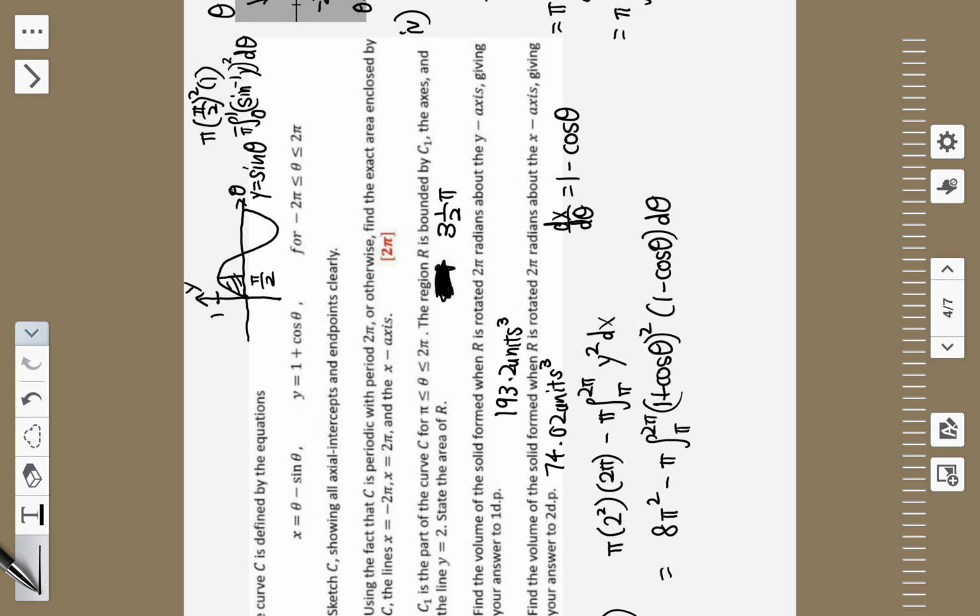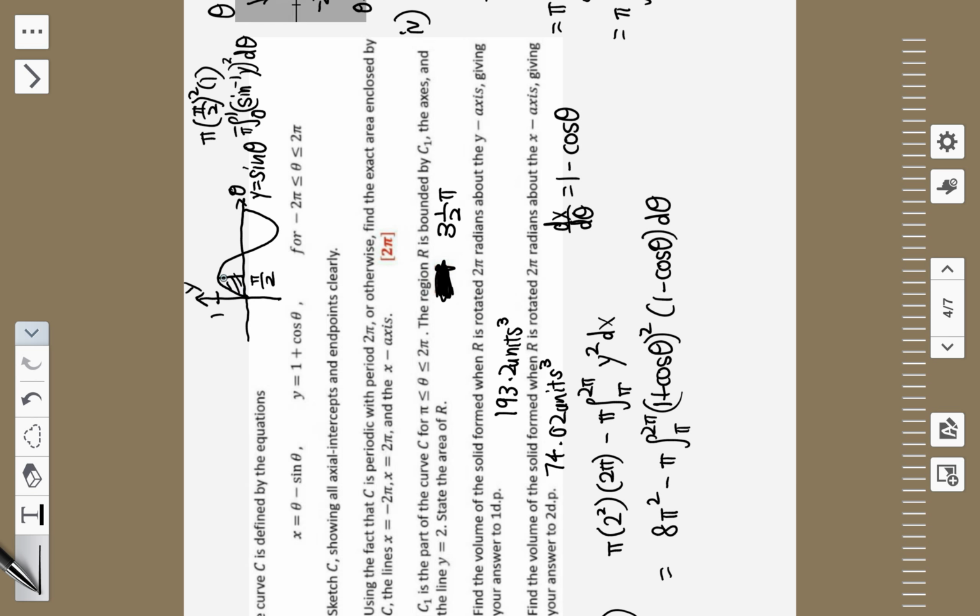If we find this area instead, integrate with respect to y, and all this is in terms of x. But what if we integrate with respect to this